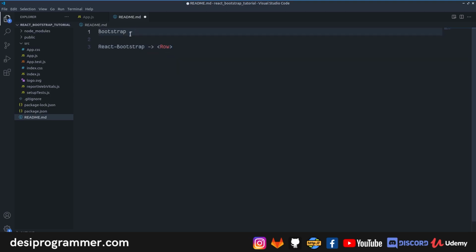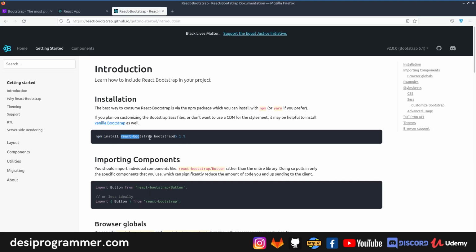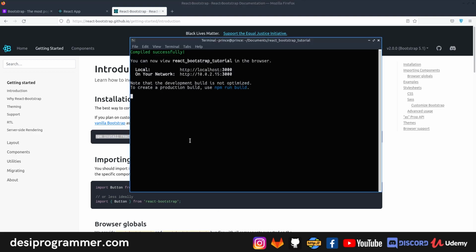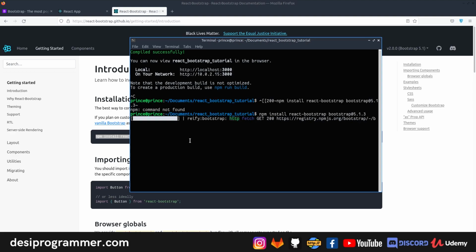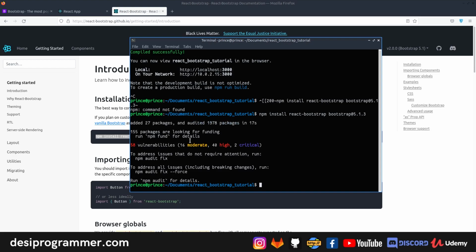But an issue with Bootstrap alone is that you can't use things like alert, you can't use things like modal here, okay? So what I'm going to do is use a combination of both of them to make sure that we get what we want. So let's go back here, and as you can see, this installs React Bootstrap, and since React Bootstrap obviously relies on Bootstrap, it installs Bootstrap too. So this one simple line is going to do everything that we need. I'll simply copy this, get back to my terminal, close this, paste it, hit enter. And now we have React Bootstrap and Bootstrap installed. So let's get started with doing a couple of things.